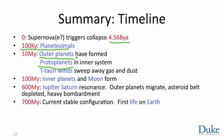The T-Tauri winds start to sweep away the gas and the dust, leaving planetesimals that are more massive and dense objects. And so the inner planets take about till 100 million years from this event to complete their formation and settle into their orbits. This includes the massive impacts that formed the moon and stripped Mercury of its outer layers and so on. After about 600 million years, we hit the Jupiter-Saturn resonance. And this is the time that the asteroid belt is depleted, the outer planets migrate out pretty much to their current orbits, and in the process, some of the material from the planetesimals beyond Neptune's orbit gets ejected out into the Kuiper belt, some into